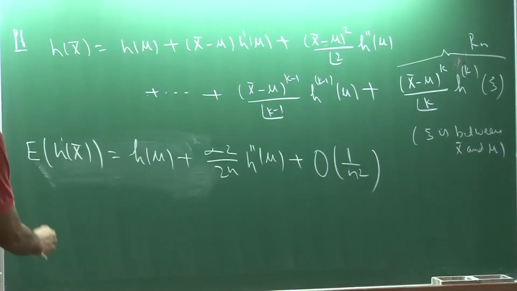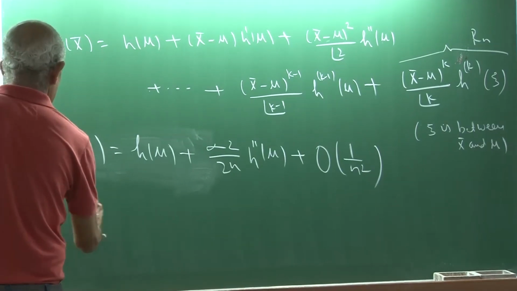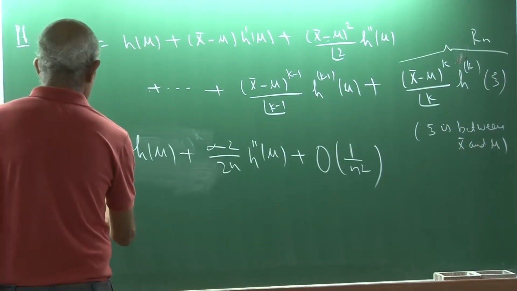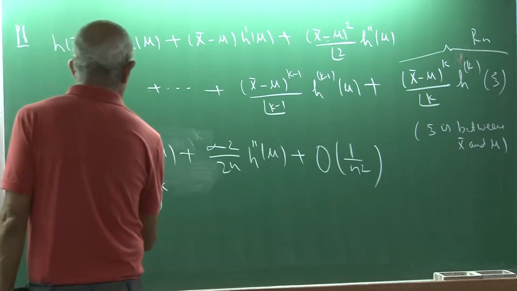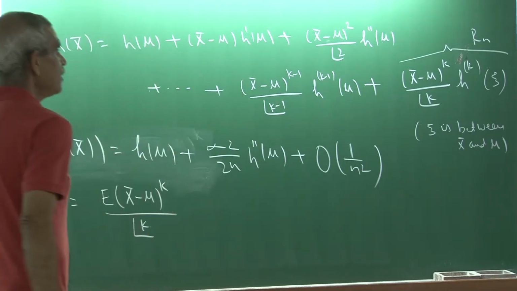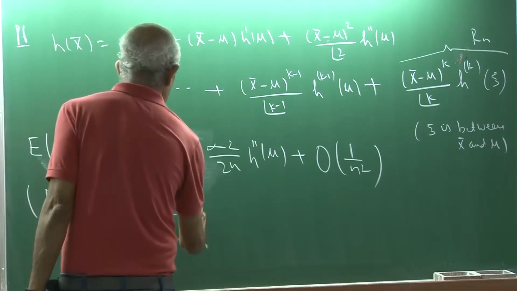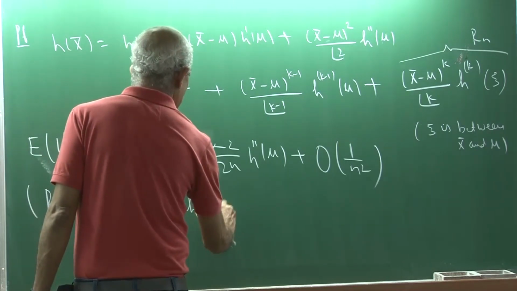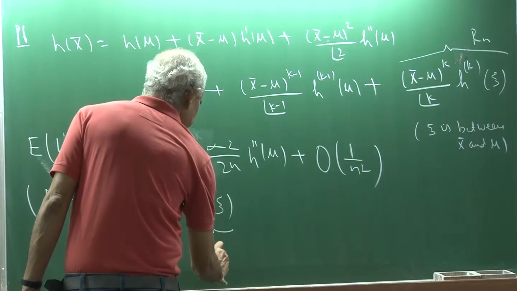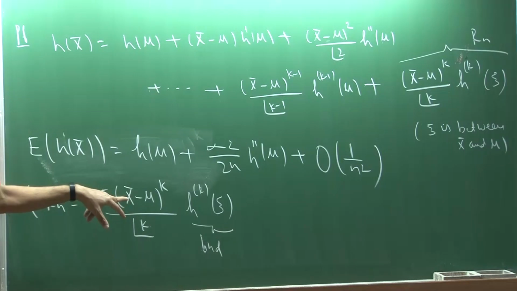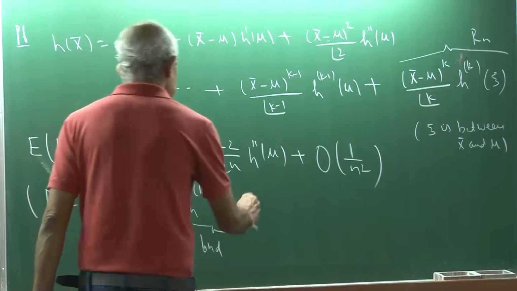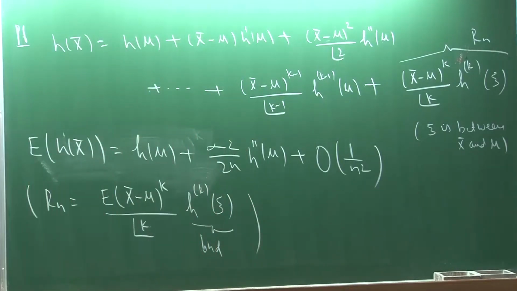Why? Because you can see that Rn is the same as the expected value of x bar minus mu to power k by factorial k, times h of k at some point, and this quantity is bounded. This would be of higher order than 1 by n square, because k is greater than or equal to 3. So that would be of order of 1 by n square. So that proves the expected value of h of x bar is the same as